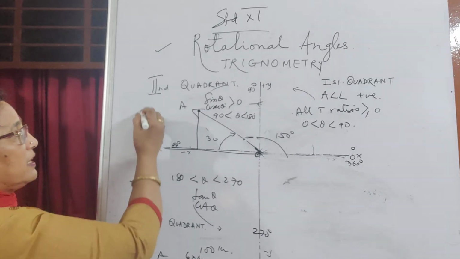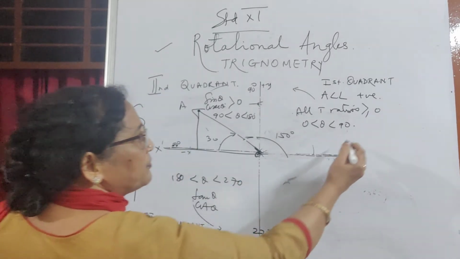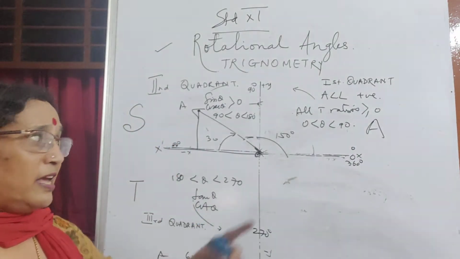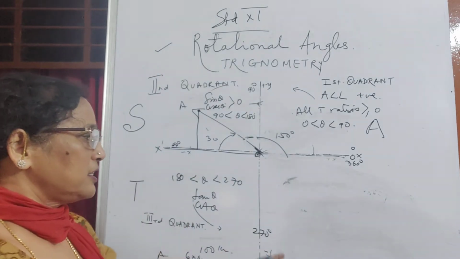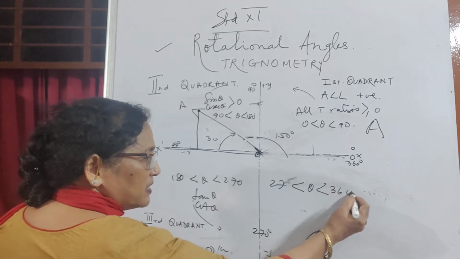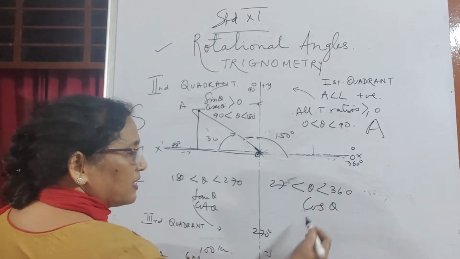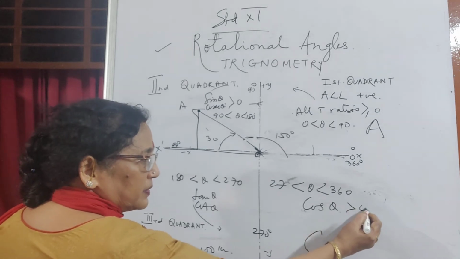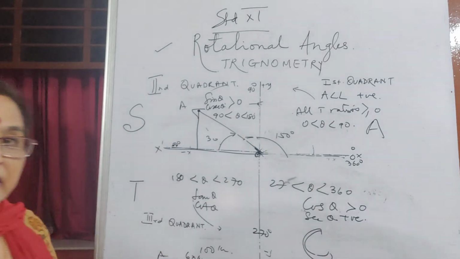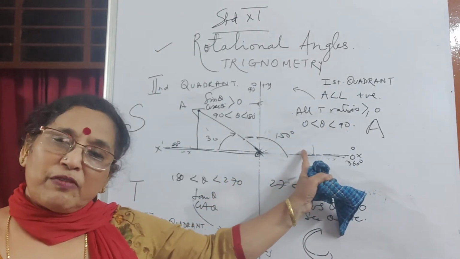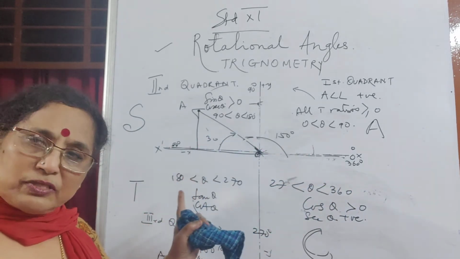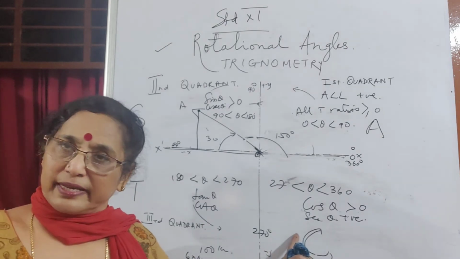So this is for tan, this is sine, of course for reciprocal, this is for all. My teacher taught this. I as a teacher, I said all for sine, for tan, and this is for cos. So here, angle greater than 270 but less than 360, cos of that angle will be positive, and also sec. So this is house of all, where we are born, we are trained. This is my house. So this is sine's house and cosec. This is tan and this is cos and sec.